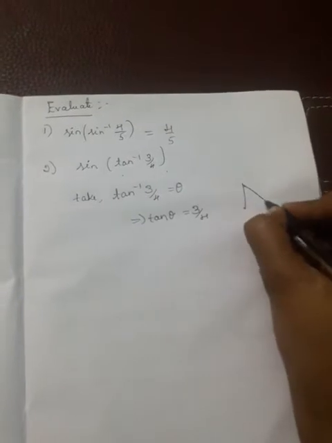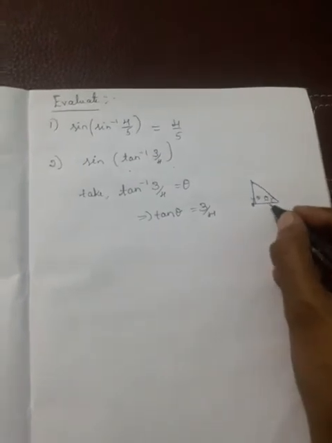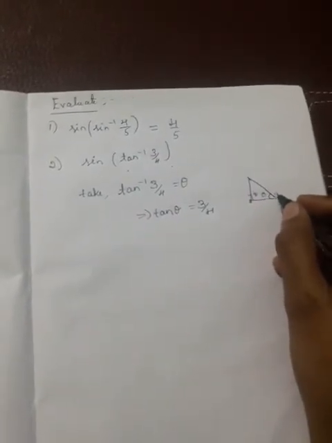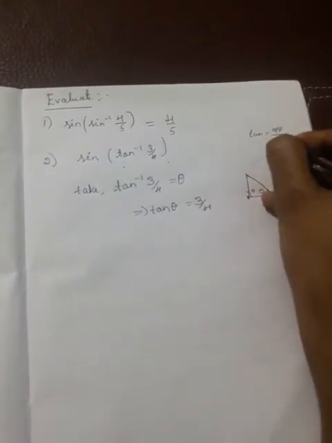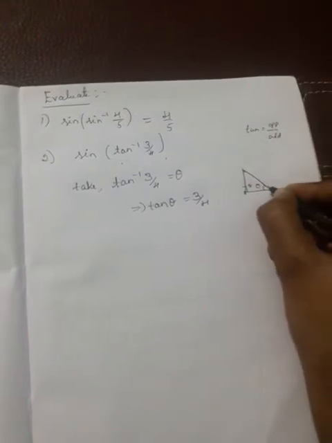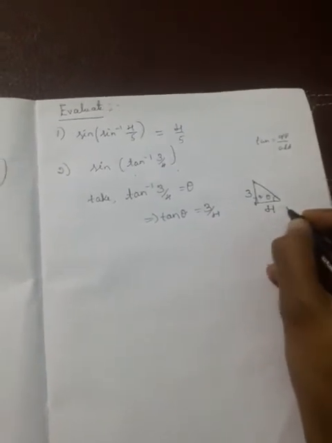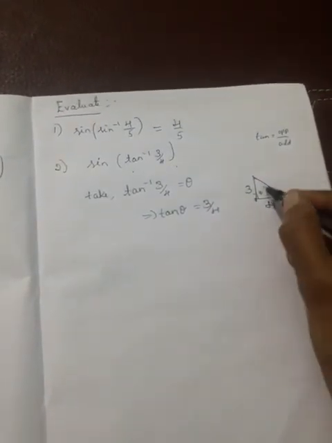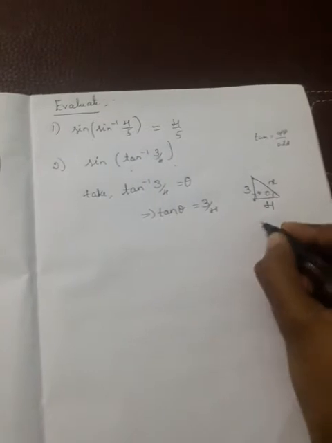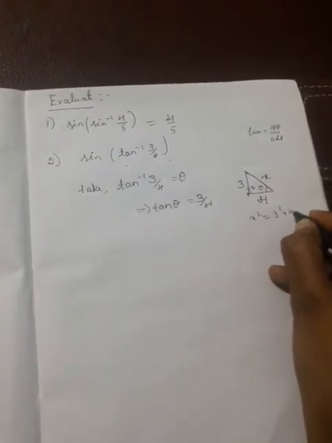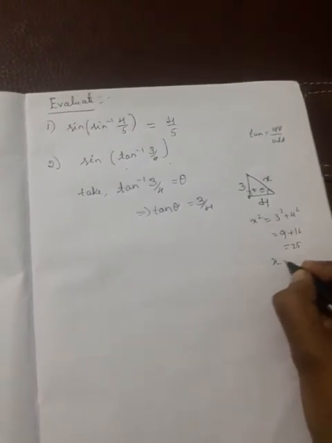We know that in a right angle triangle, theta is here, 90 degree is here. Okay. This is theta. Tan theta is equal to opposite side by adjacent side. Correct. This is the theta. Tan theta is opposite, this is 3. This is 4. Apply the Pythagoras theorem, that is hypotenuse square is equal to sum of other two sides square. Correct. Therefore, take this one as x square equal to 3 square plus 4 square, that is equal to 9 plus 16, that is equal to 25. Therefore, x is equal to 5.